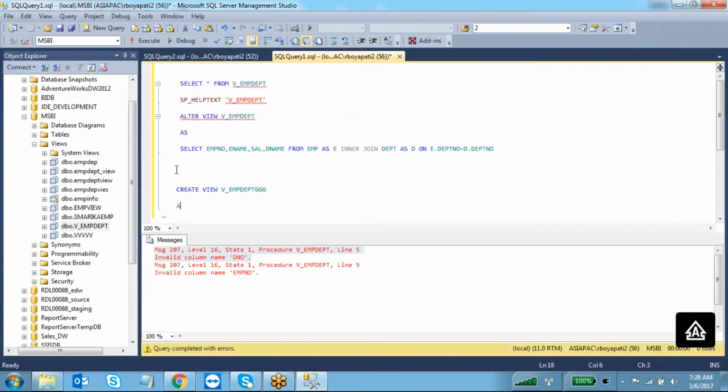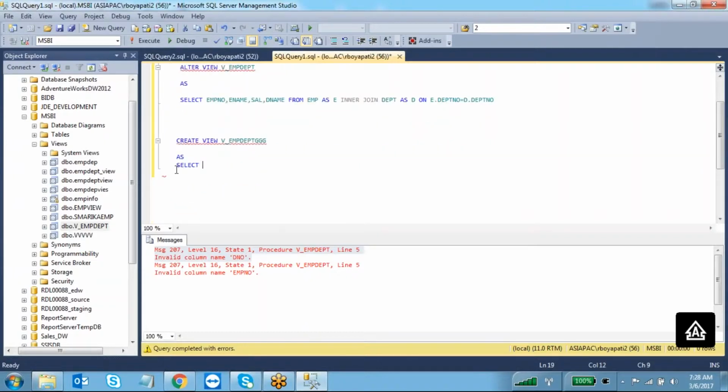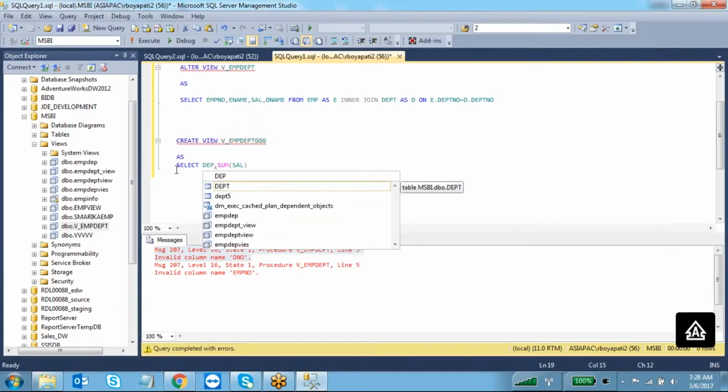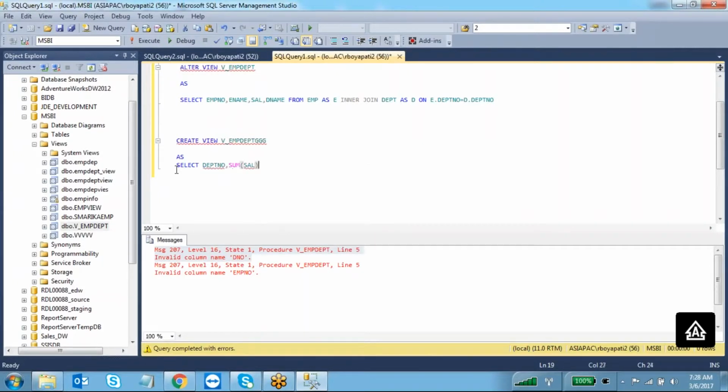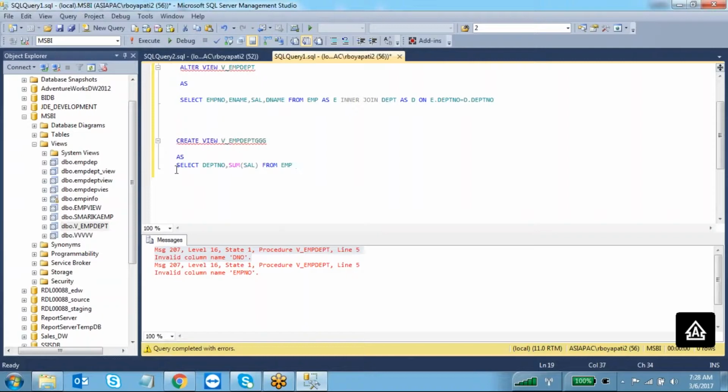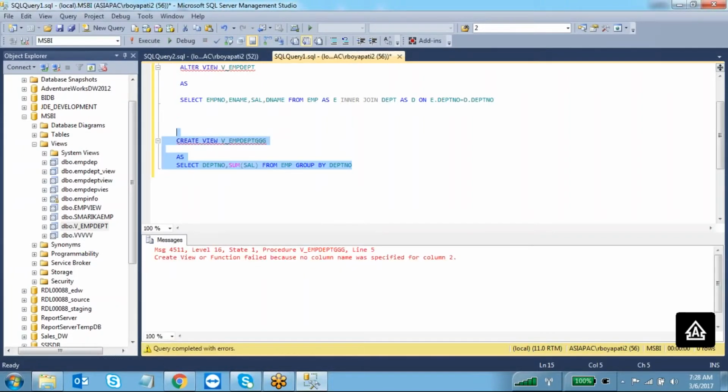This is my view as select sum of salary, comma and department number from EMP group by department number. Okay, so I'm going to create this one.